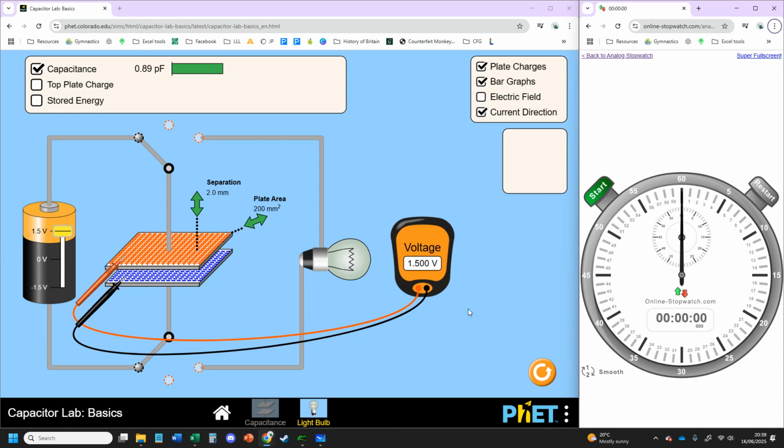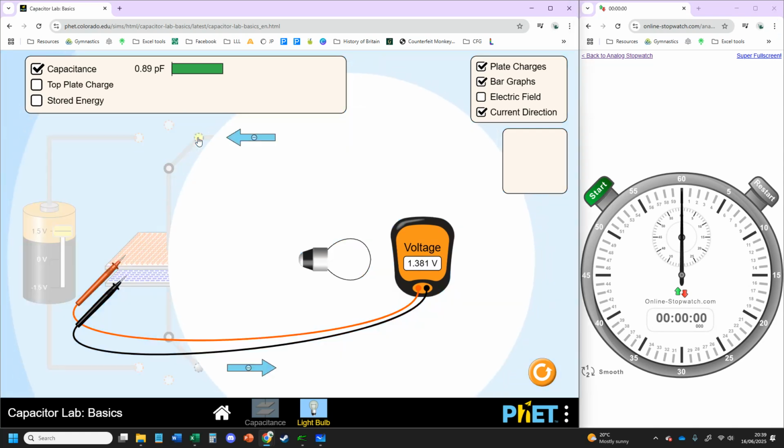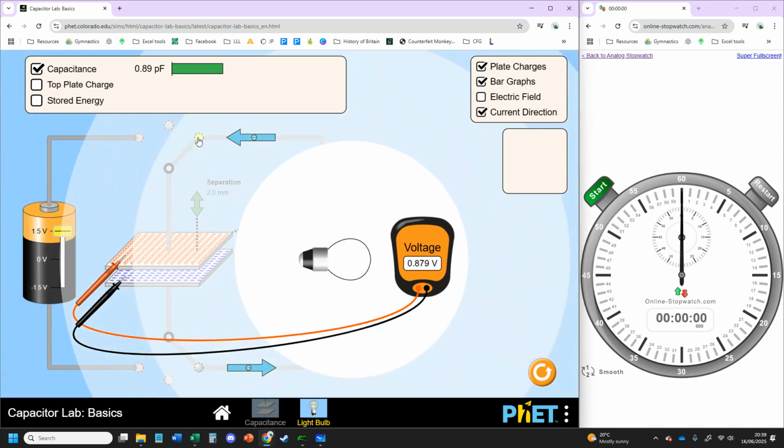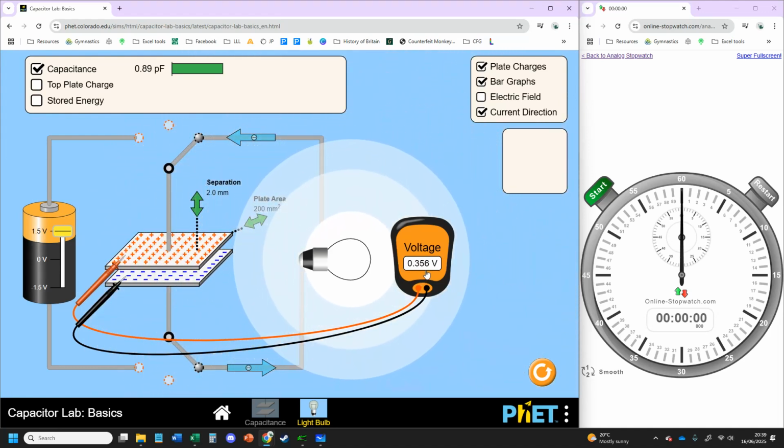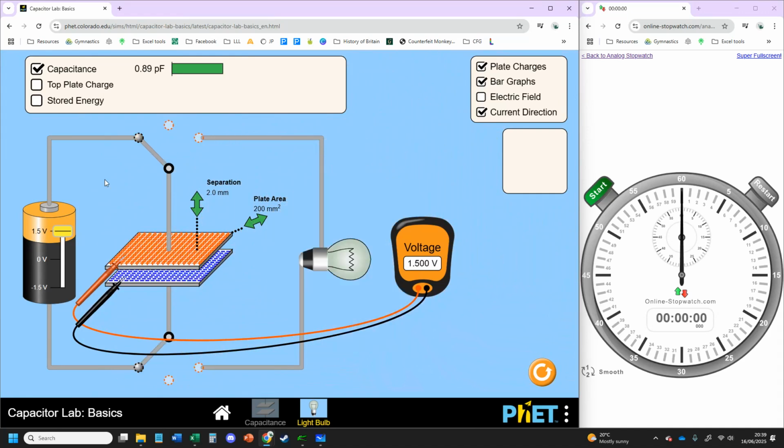Here we have a FET simulation where we have a capacitor and an incandescent bulb. When you close the switch with the charged capacitor, it discharges through the bulb, and you can see that the voltage is changing as time goes by. We can charge the capacitor back up again by connecting it to the power supply and discharge it once again